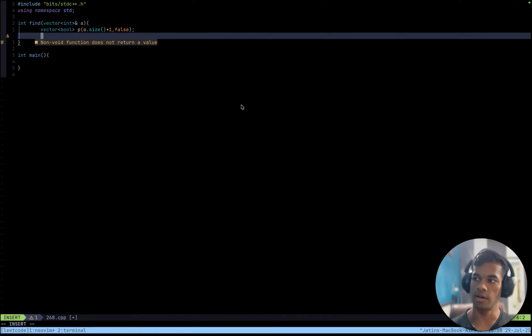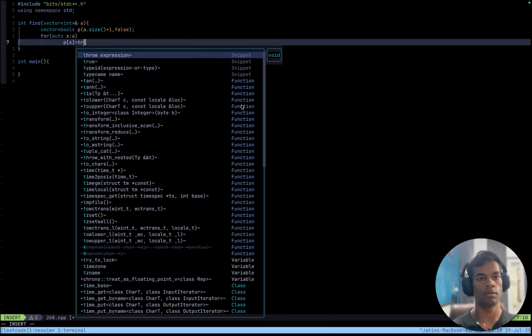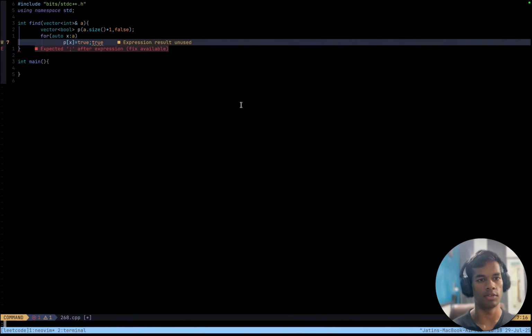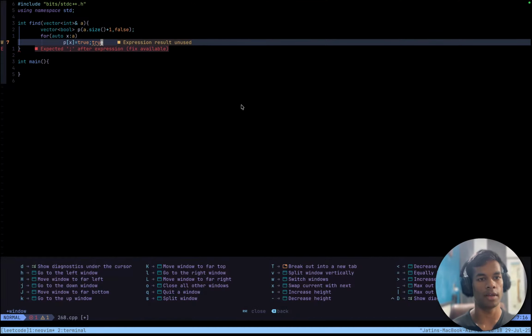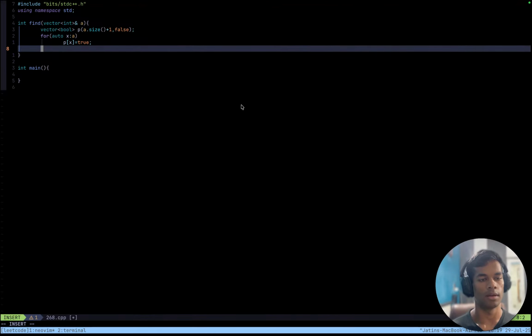That is 2n, because I would look for false in my Boolean array. That is bad. But let's see, auto x in a, p bracket x equals. This is so bad. And how can I even apply binary search in this? And then int answer equals 0, or like nothing,